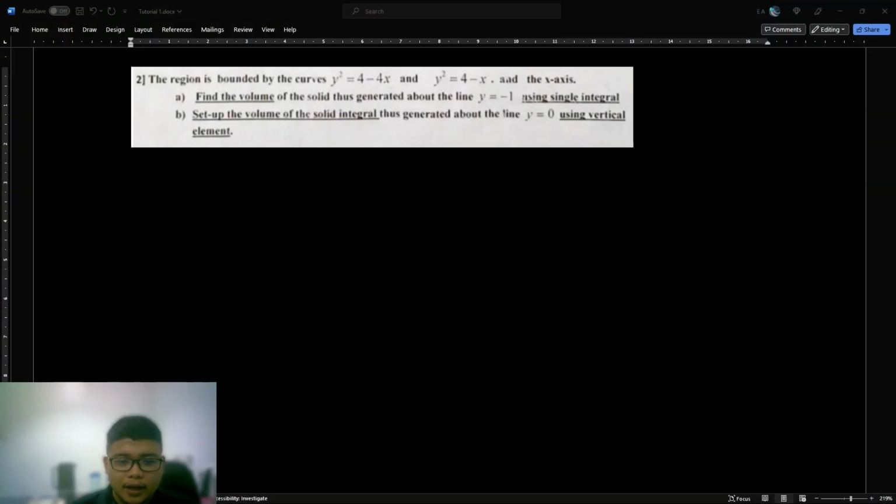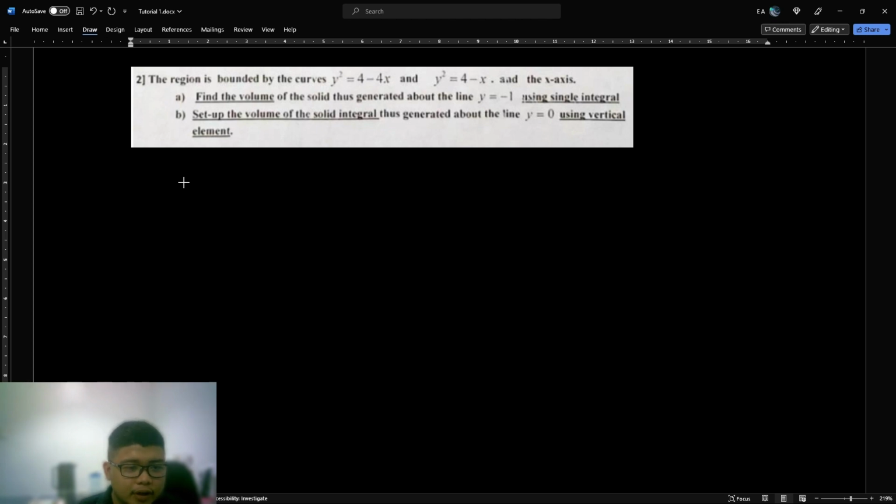The topics that will be discussed for today are solids of revolution. So let's get right to it. The problem for today is as follows. The region is bounded by the curves y squared equals 4 minus 4x and y squared equals 4 minus x and the x-axis. Find the volume of the solid thus generated about the line y equals -1 using a single integral. Set up the volume of the solid integral thus generated about the line y equals 0 using the vertical